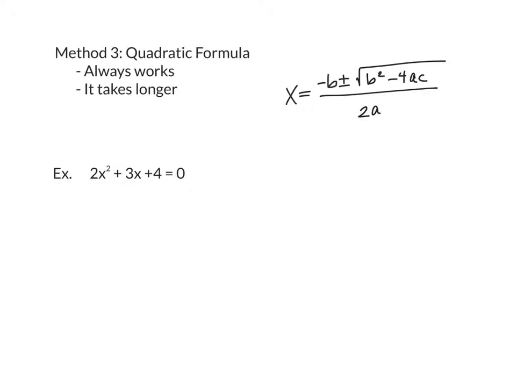All right, here's our last method, which is the quadratic formula. I'm only going to do one example, but we'll get plenty of practice with this in class. The good thing about the quadratic formula is that it always works, which some people prefer, so they do it every time, but it takes longer. It's a lot of work if you can just factor from the beginning. So I tend to only use it if factoring or square roots doesn't work, because those are both much quicker